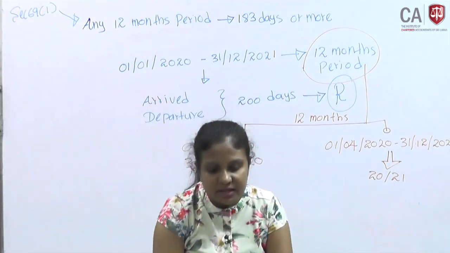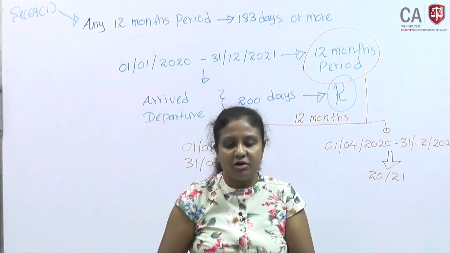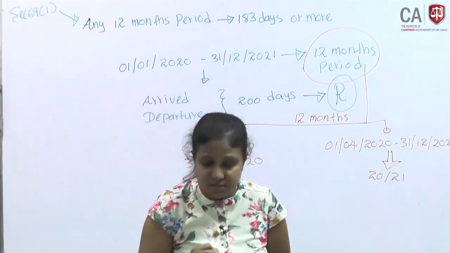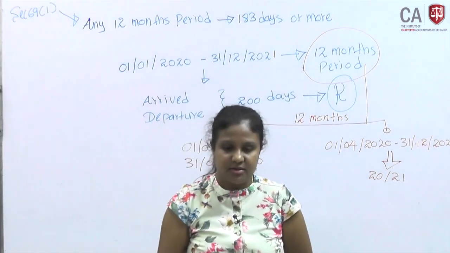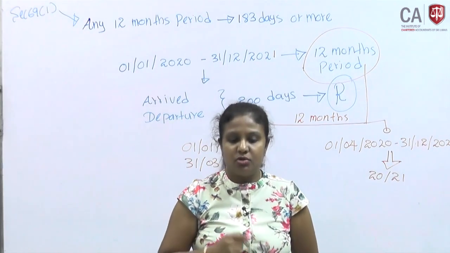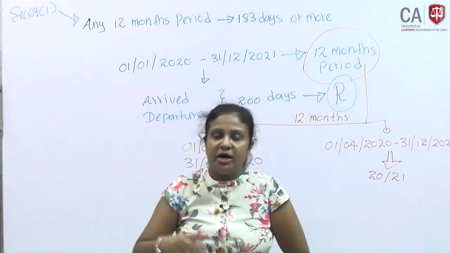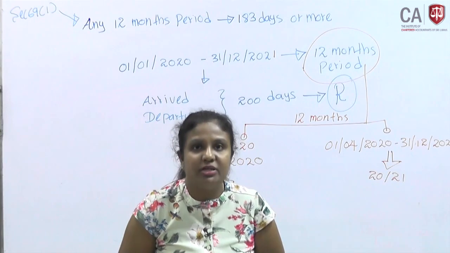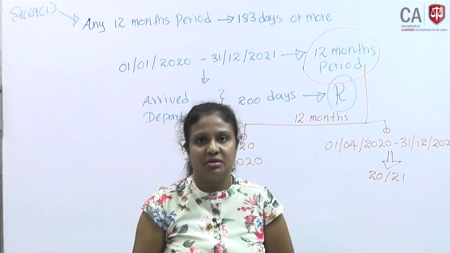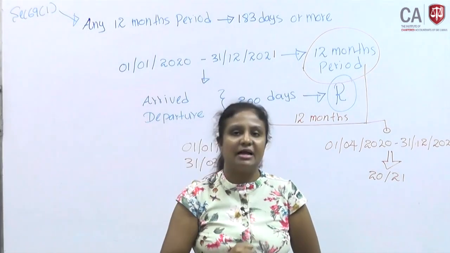Part C. These are the two residual tests which we have in this section 69 subsection 1 provision. An individual shall be resident in Sri Lanka for a year of assessment if the individual is an employee or an official of the government of Sri Lanka, and his spouse, posted abroad during the year. If I am representing the government of Sri Lanka and due to my employment I am living in another country, for an example ambassadors representing Sri Lanka in different countries, with all the family at that country,